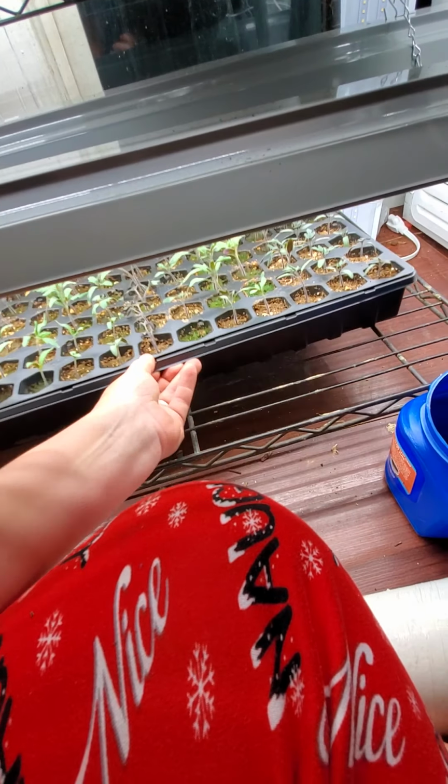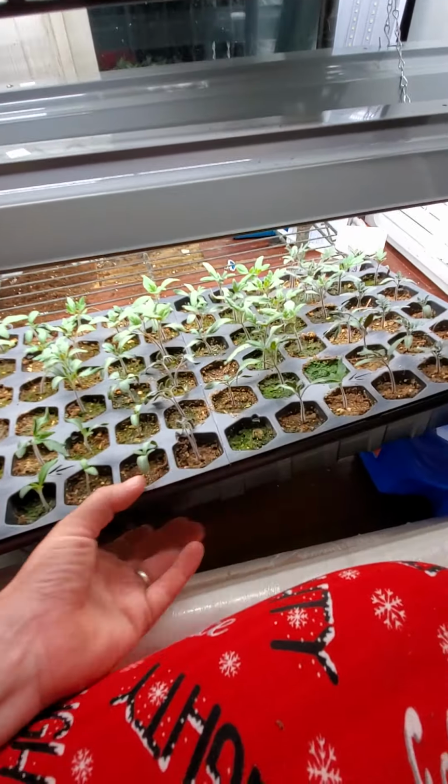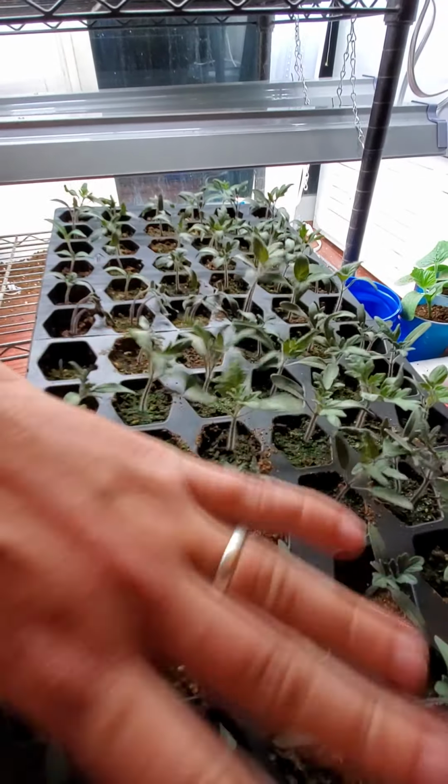But guys, look at these tomatoes. Some of them are starting to wilt, so they need me to water them. But look at how big they are. That's really pretty good. And as you can see, I knocked one of my cups off yesterday and killed a big pumpkin because I'm a terrible mother. Look at all these little tomatoes. Woo,